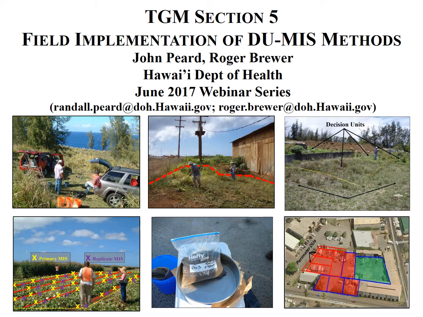decision units at sites. This isn't really a big difference from what we've always been doing in the past. Anytime we go to a site, we typically try to identify suspect areas of contamination, and then from a risk assessment standpoint, we might try to focus on potential exposure areas and designate those areas for characterization. The big difference under MIS DU approaches is in the field you physically draw a line around those areas, and then you're going to collect a single multi-increment sample from each one of those decision unit areas and make decisions